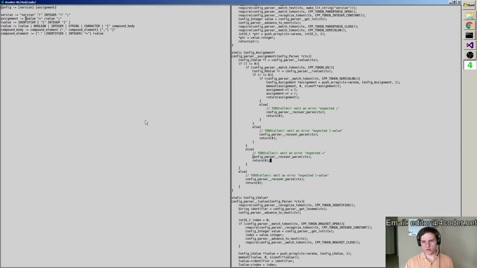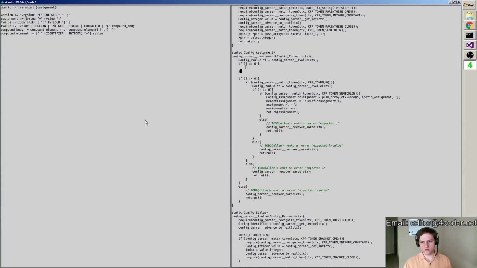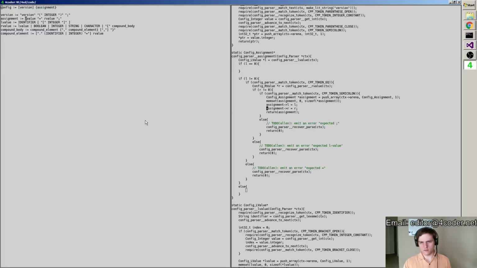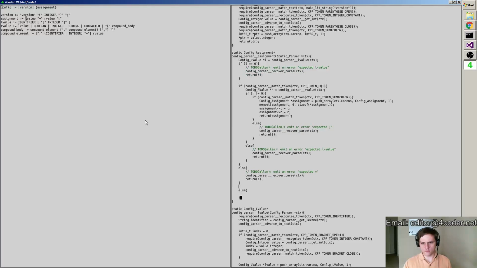And then we can really simplify this if we go if L equals 0, do this, otherwise continue normally.